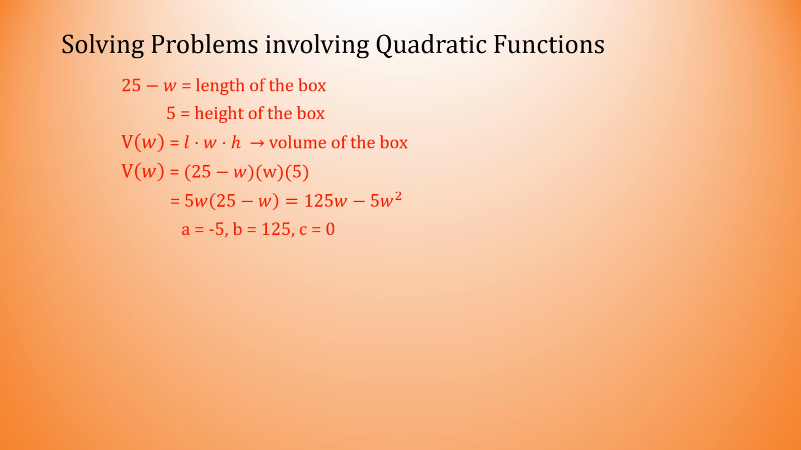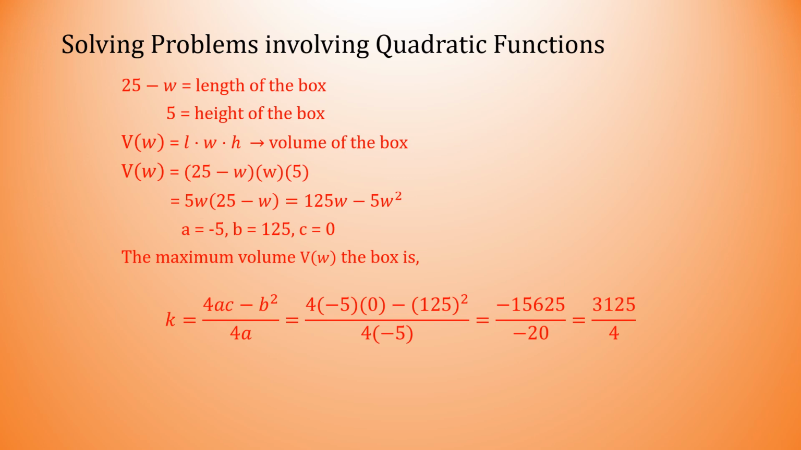From the quadratic function, we have the values of A, B, and C. So we have A is equal to negative 5, B is equal to 125, and C is equal to 0. To find the maximum volume V of W of the box, we are going to substitute the values of A, B, and C to the formula of k equals 4AC minus B squared over 4A, which will become 4 times negative 5 times 0 minus negative 125 squared over 4 times negative 5,